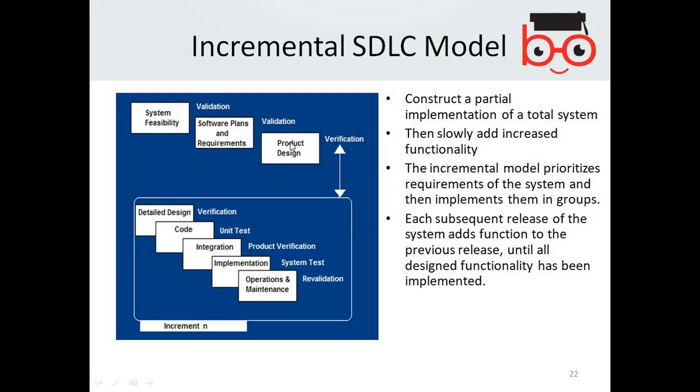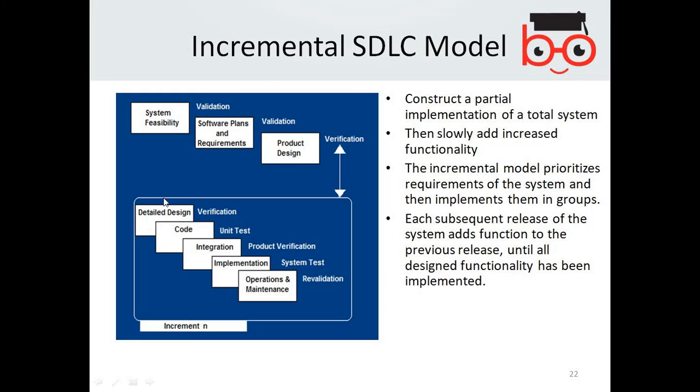For example, there are 10 forms to be designed, like 10 functionalities need to be implemented. Then you implement a portion of functionality 1, then a portion of functionality 2,